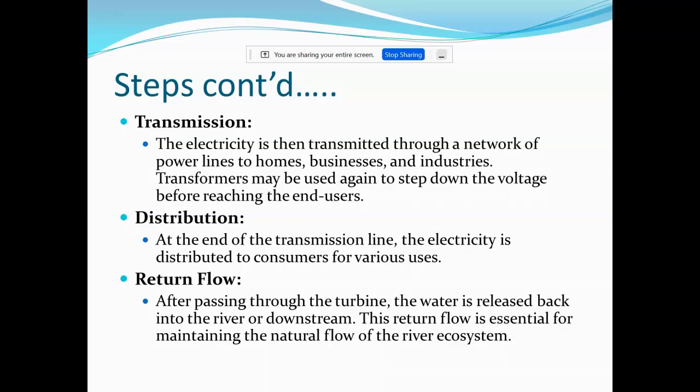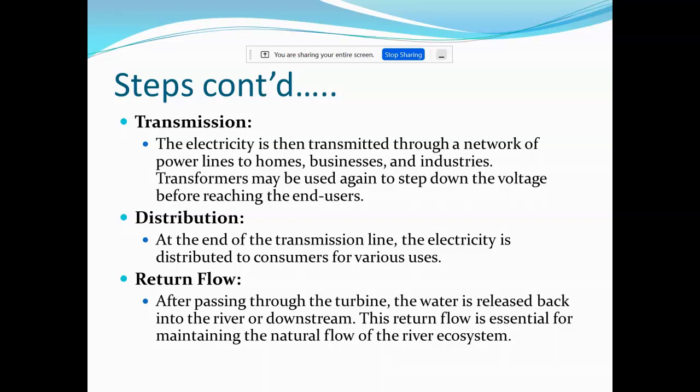After transmission, we have the distribution, and at the end of the transmission line, the electricity is distributed to various consumers for various uses. And when we look at the process, there is the return flow, where water, after hitting the blades